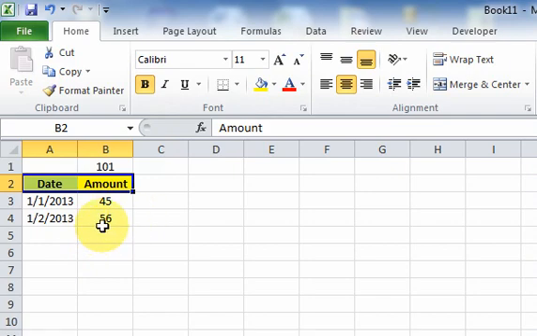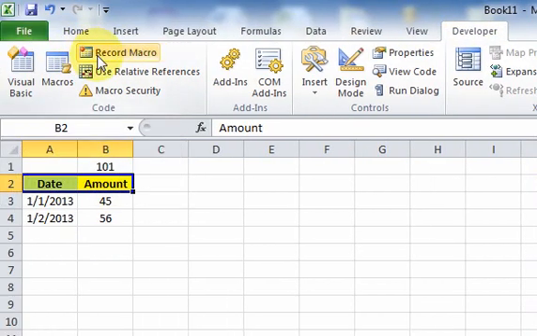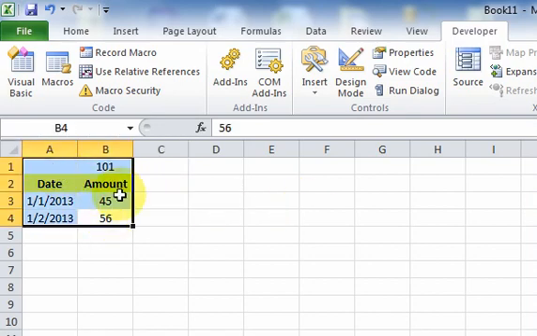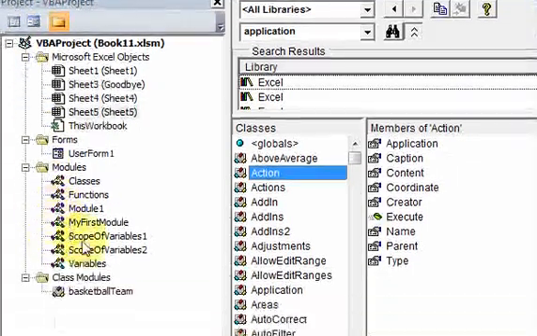So I could stop the recorder, and I'll just press stop recording. And now the macro is written, and we just have to go and find it. So all those actions we just performed, the macro recorder wrote the VBA code, and to see where it wrote the code, we can just go into the editor, click on that icon, and it will create a new